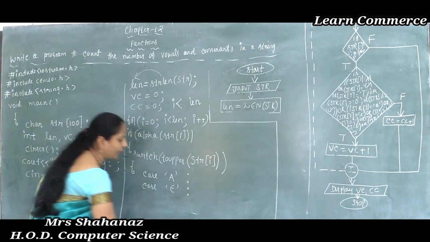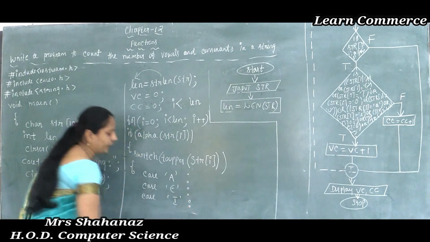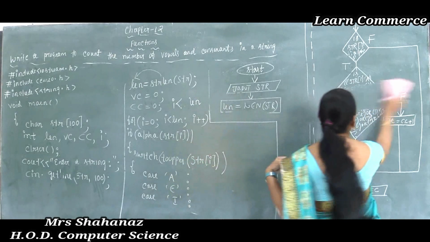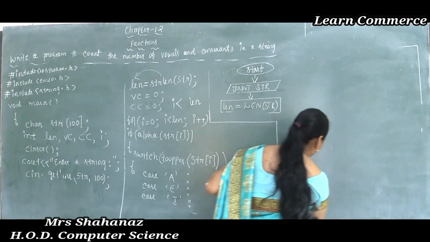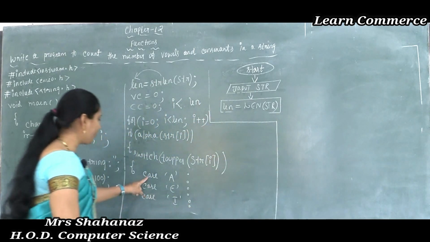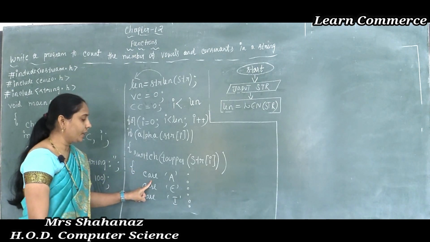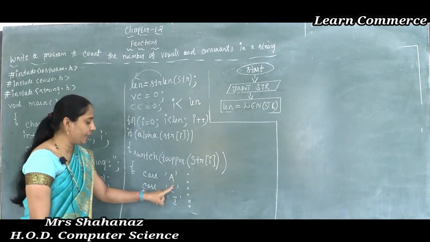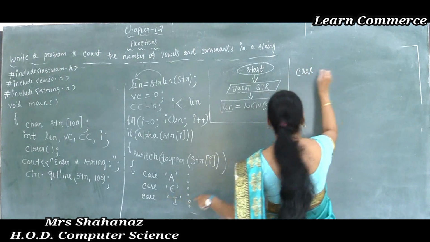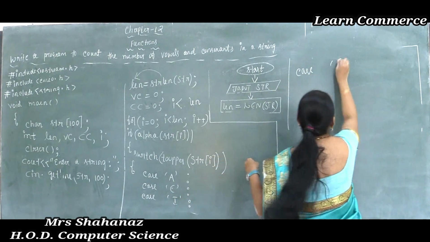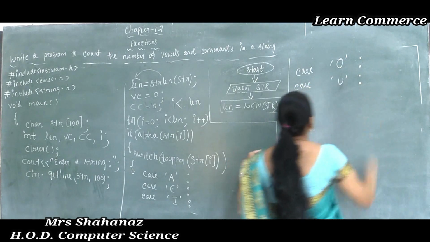I am going to write using single quotes here, case 'I'. Now we'll write here. In this case, first of all we convert the character to uppercase, and then it checks which character, A, E, I, capital letters, and later the next case, after that A, E, I, O, U. Clear this point here? A, E, I, O, U here.